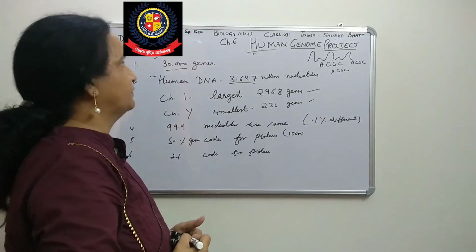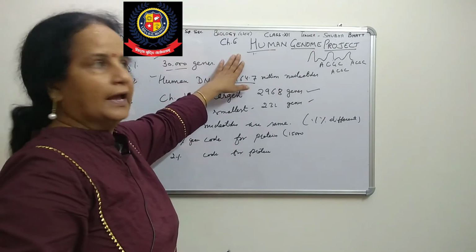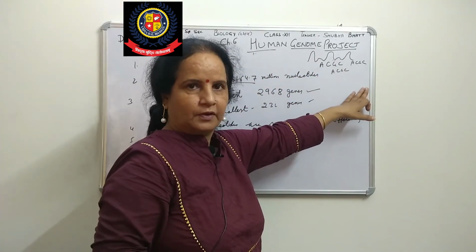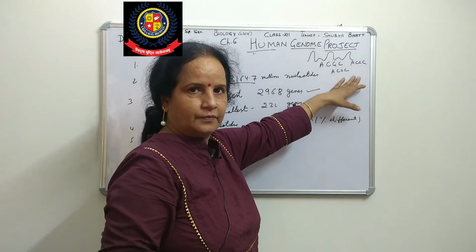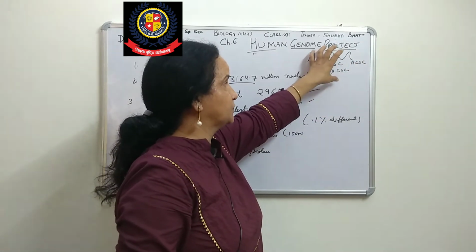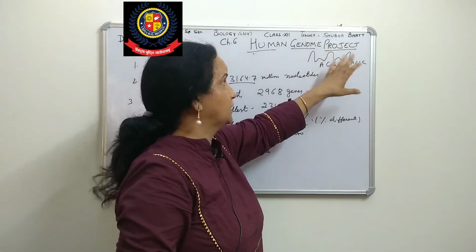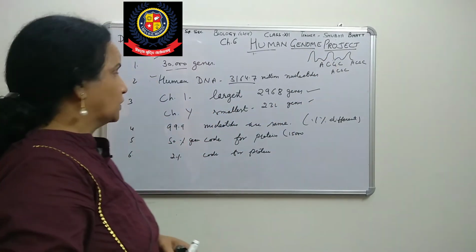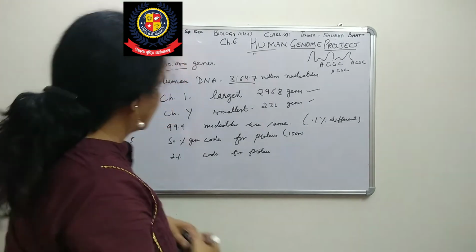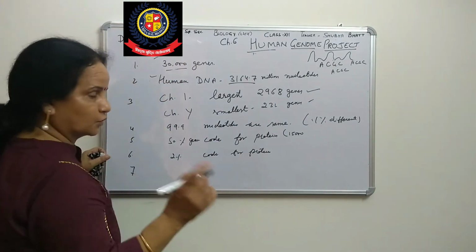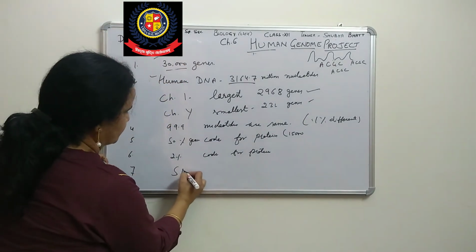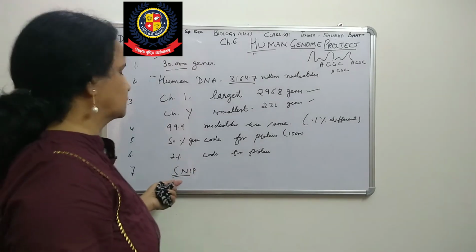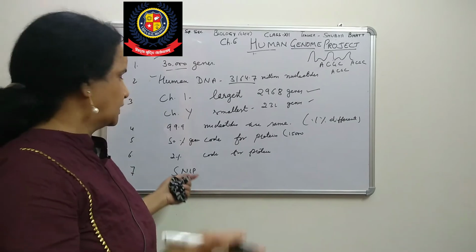So when we study the whole genome, we see there are a number of repetitive sequences, also called satellites. In fingerprinting they play a very important role. Now one more is SNPs. This year this question came in the board exam, and only a few students had done it because they thought it was not important, so they overlooked it.